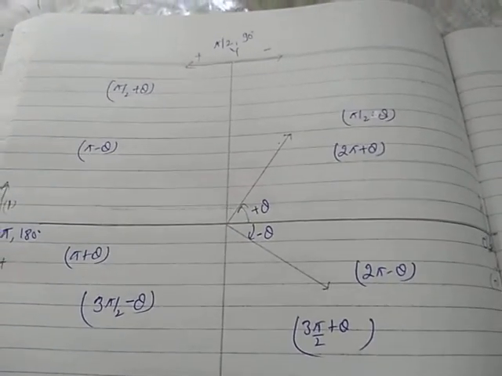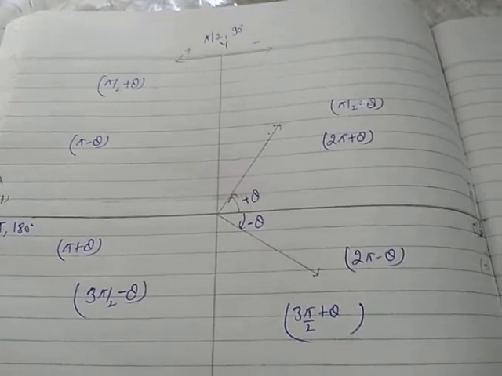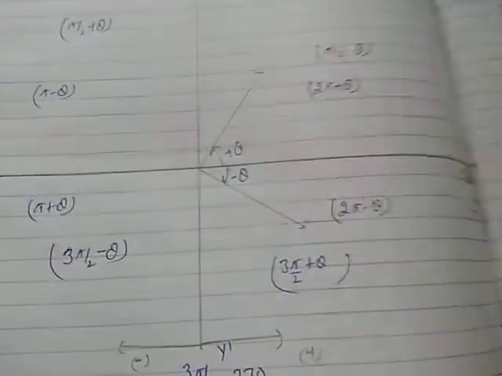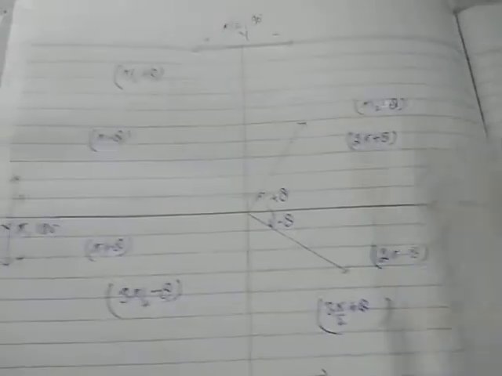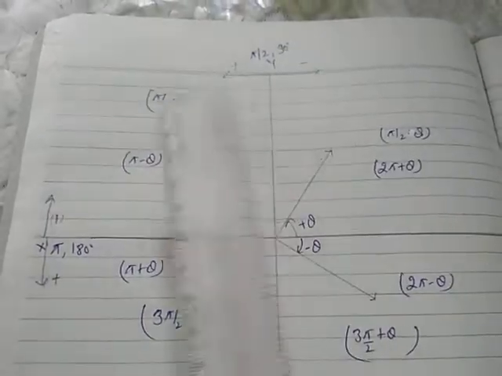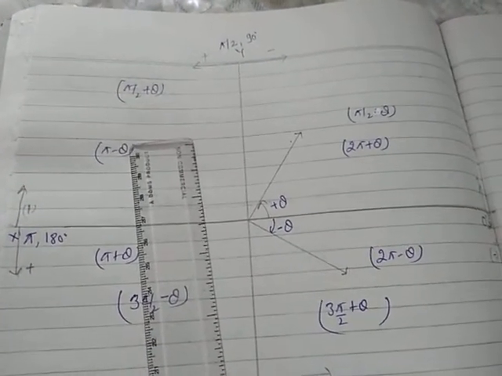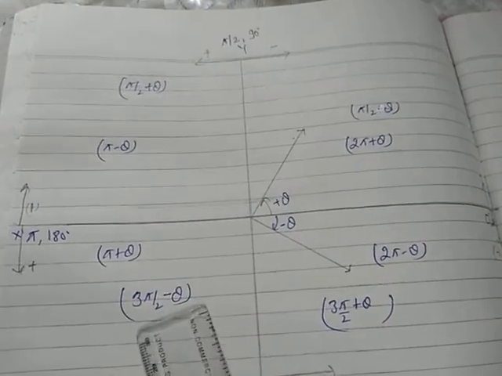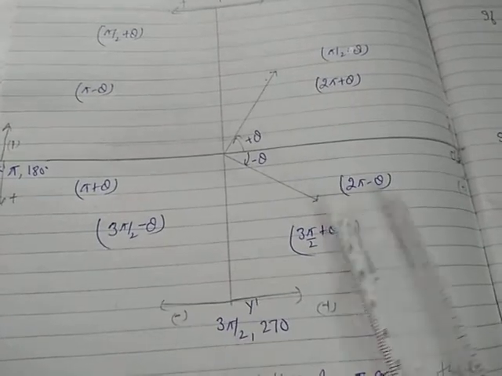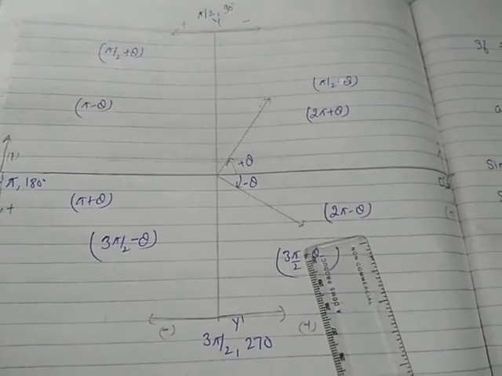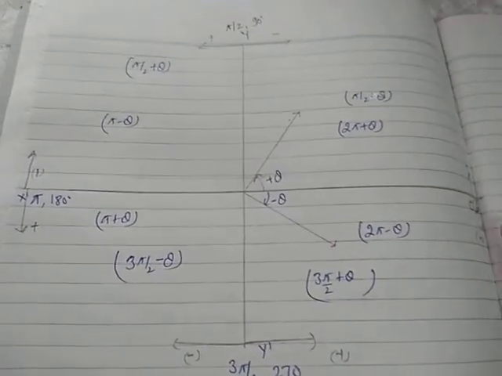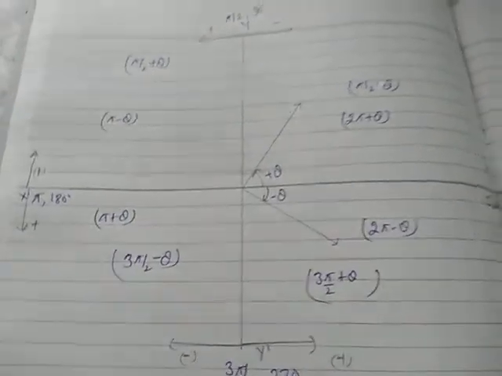Now in this video I am going to explain how to find trigonometric values. Already I have explained, children. Just see, this is a quadrant, and here 4 quadrants are there. In the first quadrant all trigonometric functions are positive. In the second quadrant sine and cosec are positive, the rest 4 are negative. In the third quadrant tan and cot are positive and the rest 4 are negative. And here cos and sec are positive, the rest 4 are negative. This is an important point to find trigonometric values. That's why I explained it again.